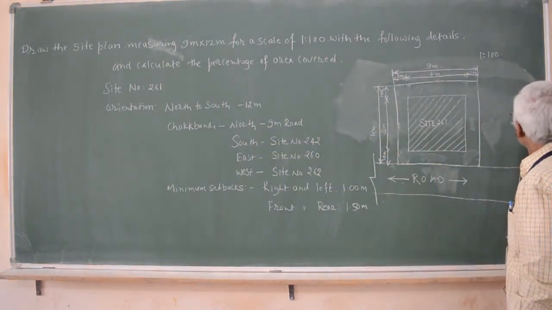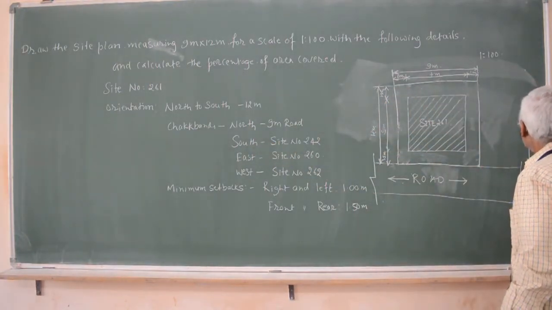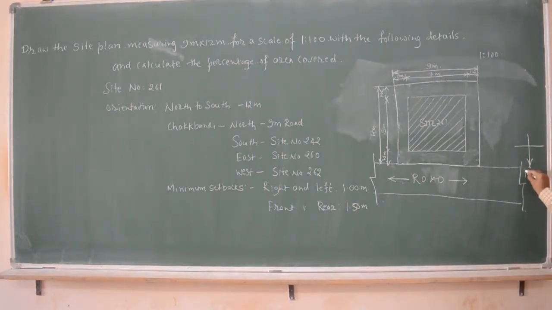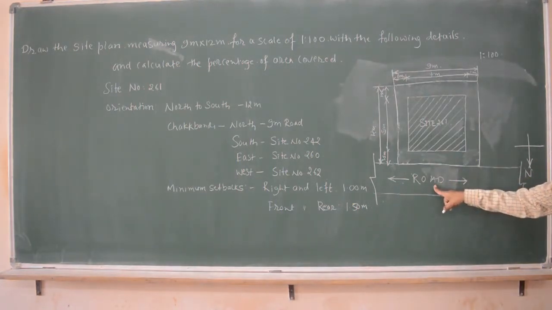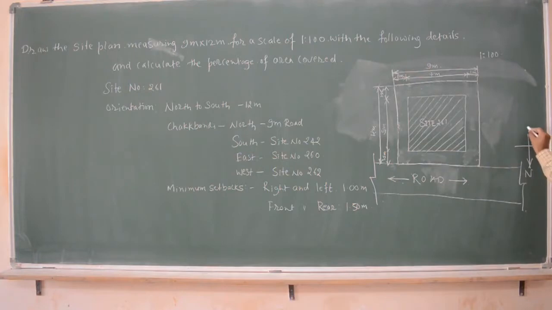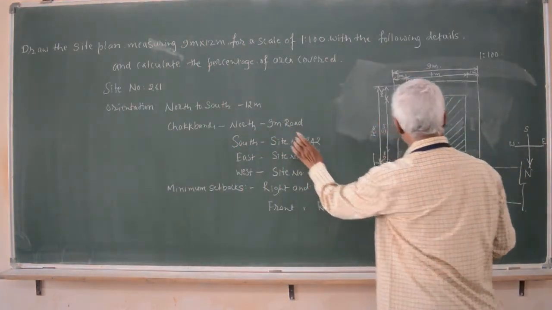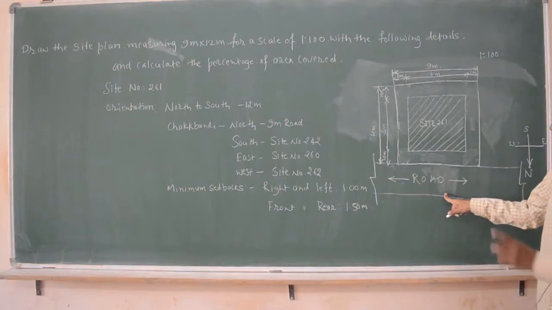That means you have to show the direction. That is like this. If north is already road, that is below part. Now it is north, south, east, and west. Now north 9 meter road is over at north. Now south is